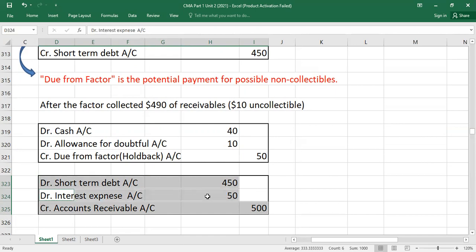I hope this video has solved your doubts, whatever you had in your mind, and you have understood what it is. So guys, in the next video, I will try to practice a few questions with you, a few questions related to allowances, a few questions related to the direct write-off method, and a few questions related to the factoring of receivables. And then I will, inshallah, upload the lectures related to notes receivable.